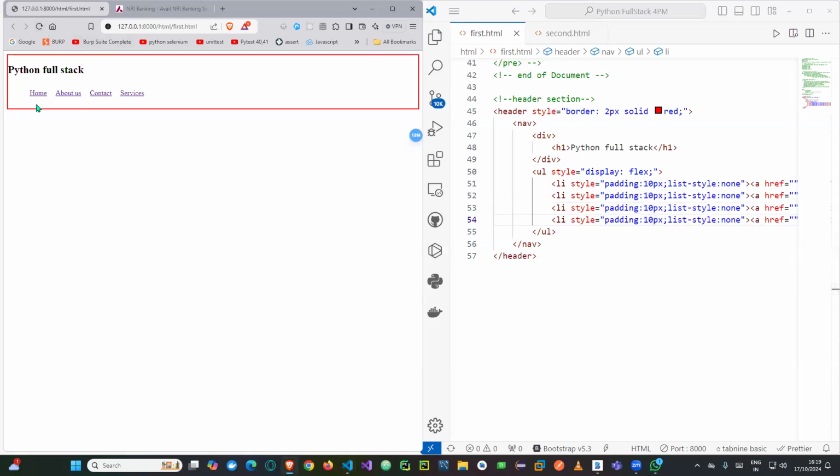So we can create a simple navigation like this with the proper CSS. Okay. So you can see this is the header and this is the navigation where these are the links. We can click on them and navigate to some other web pages. Okay. So this is how a navigation works. And there are a lot of benefits of using navigation in our web pages. And those are